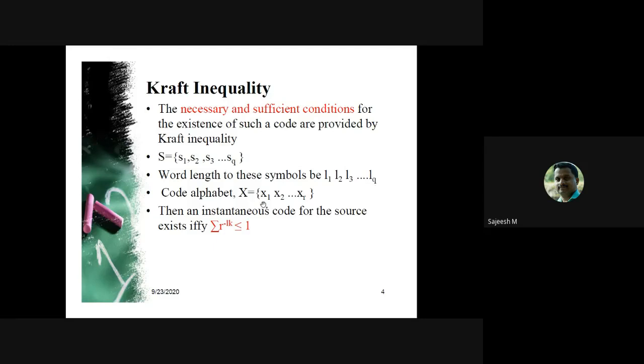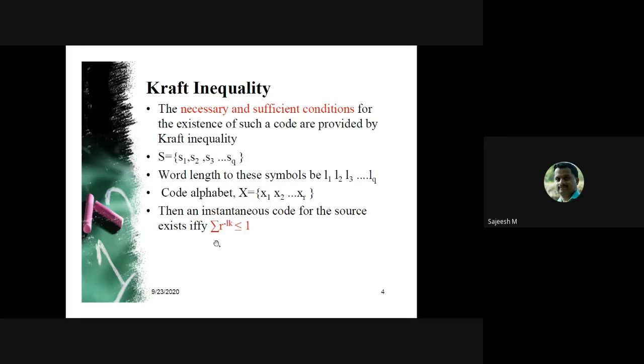Then the code alphabet is X = {x1, x2, ..., xR}. If R equals 2, we have 0 and 1, and we get the binary sequence. Then the Kraft inequality says that an instantaneous code for the source exists if and only if the sum, sigma k equal to 1 to Q,